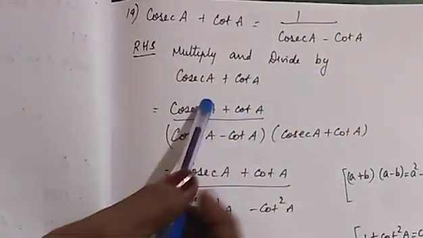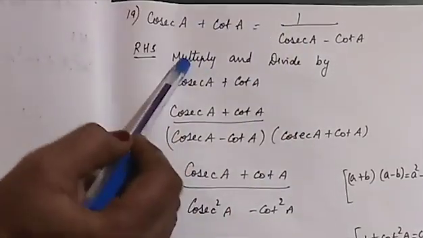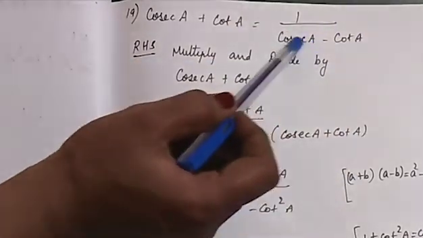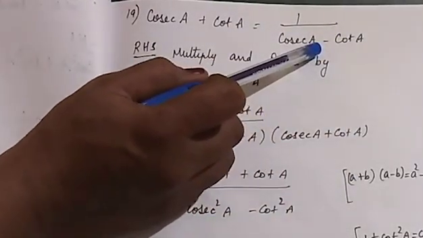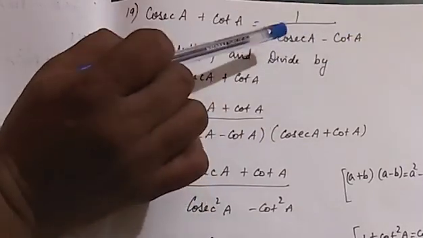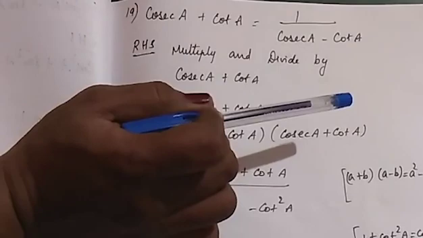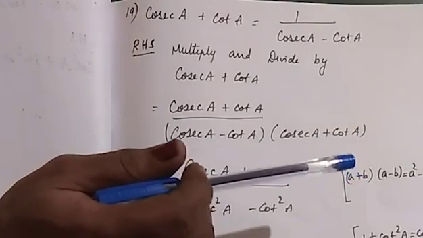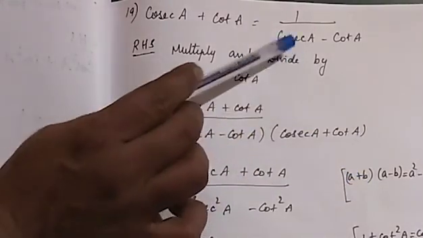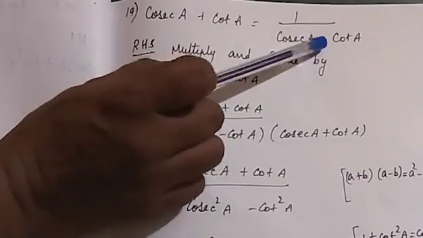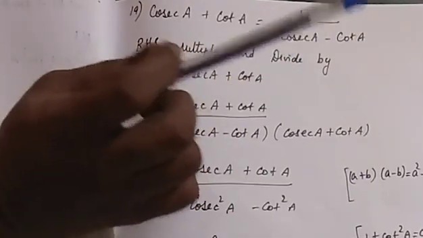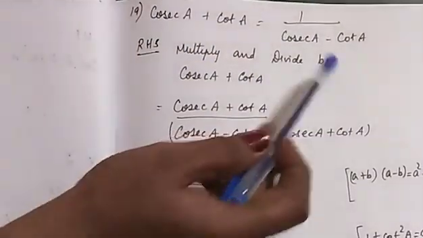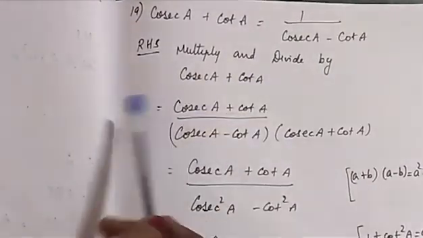So, what I am going to do is, I will take the right hand side, multiply and divide by cosecant A plus cot A, because I am having minus. So, what I will do is, I will take the plus and multiply and divide. Okay, when we multiply and divide, nothing will be changed. It remains the same. Okay, so take the right hand side and you have to see A minus B. So what you will take? You will take A plus B, multiply and divide by cosecant A plus cot A.